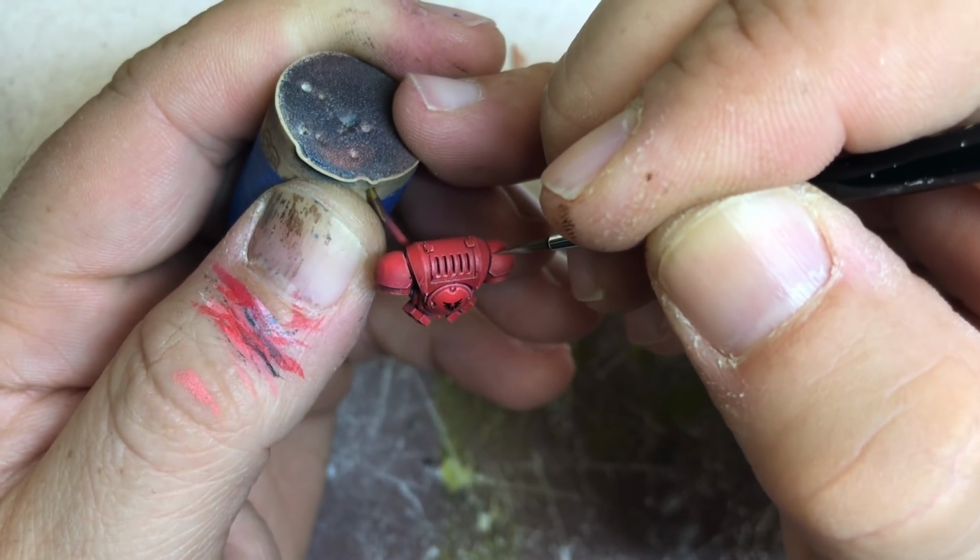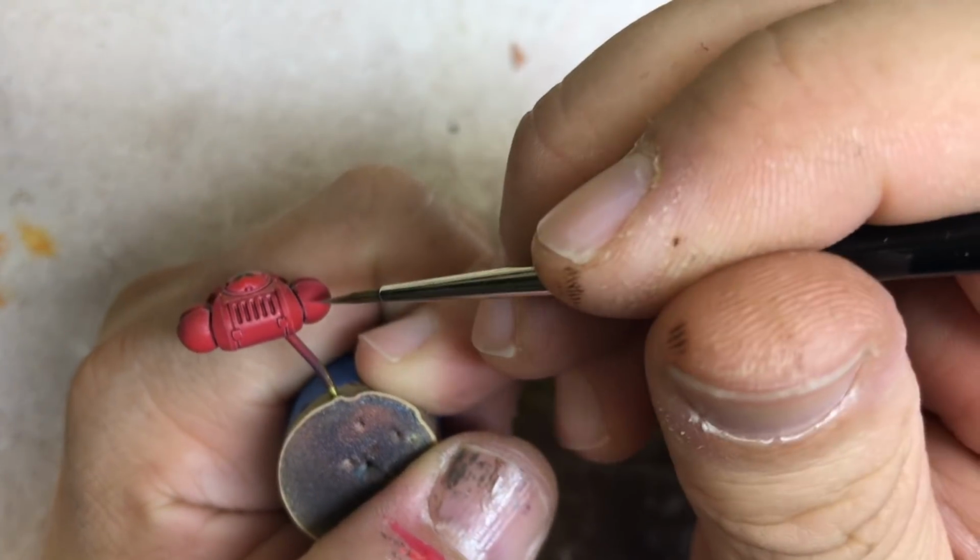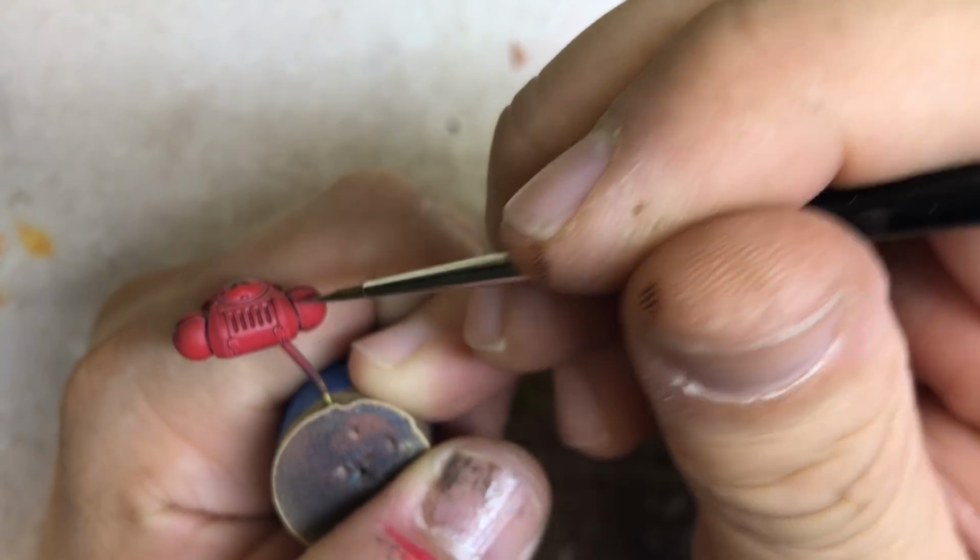A little broken edge highlight. Same thing over here. And I'll just do this all over. I'm not going to show the entire thing. And before I finish with that,